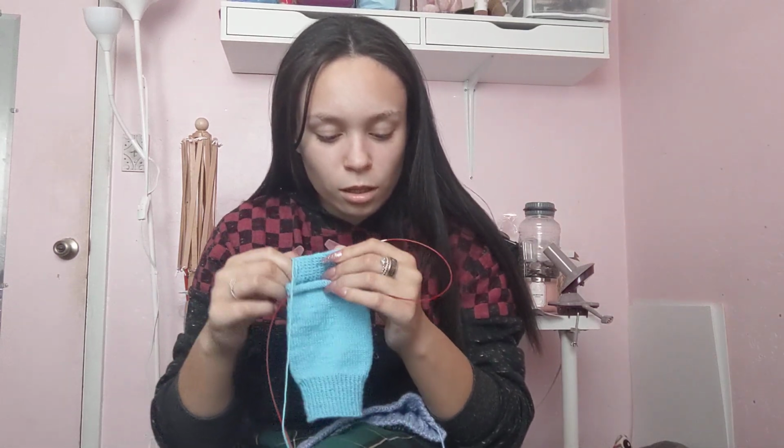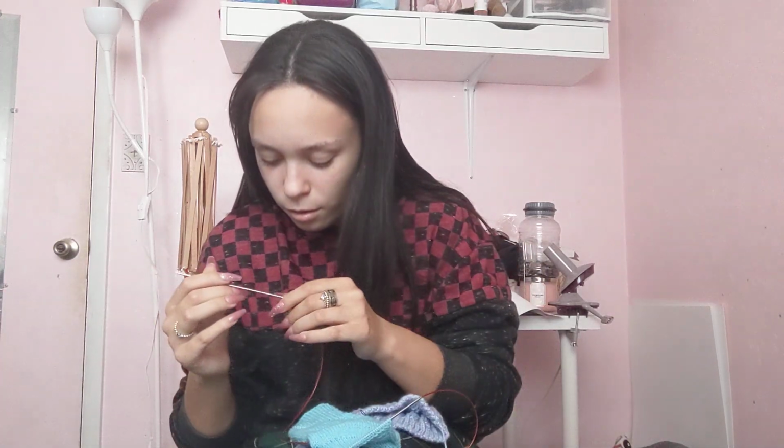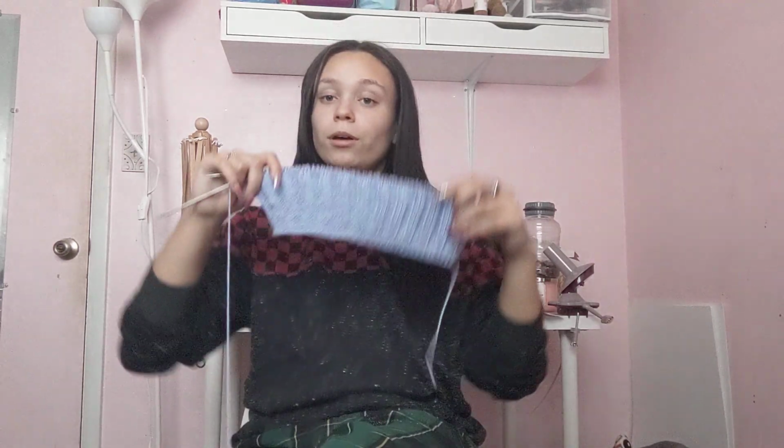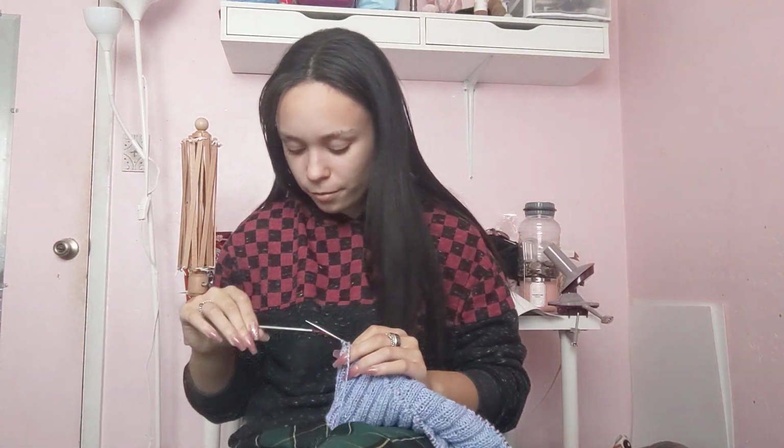Oh, and the needles I'm using are as per usual. For the socks, I'm using ChiaoGoo red lace, 32-inch circular, and 2.25 millimeters, or a US size 1, I'm pretty sure is what that translates to. Oh my god, I never know which needle it's on. Yeah, US size 1. And then this one is also on ChiaoGoo red lace, 32-inch circulars, but this is on...